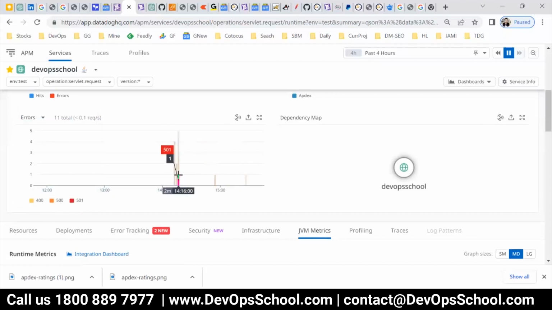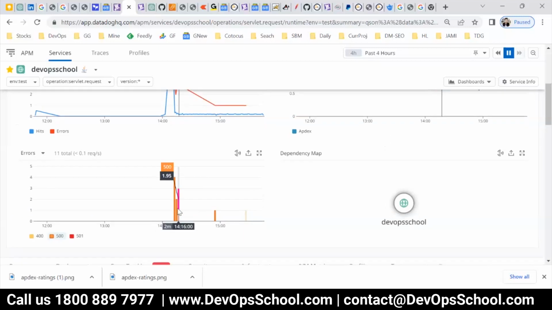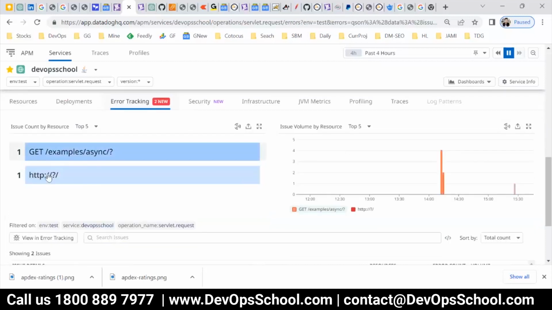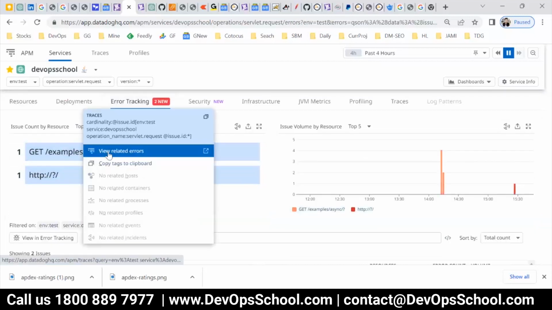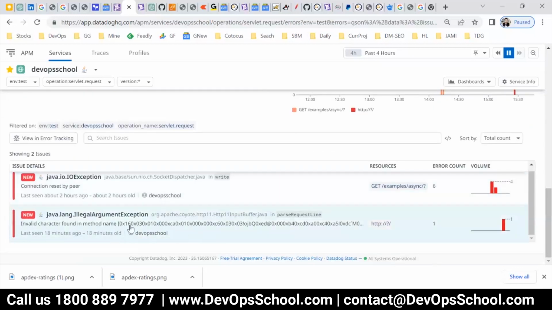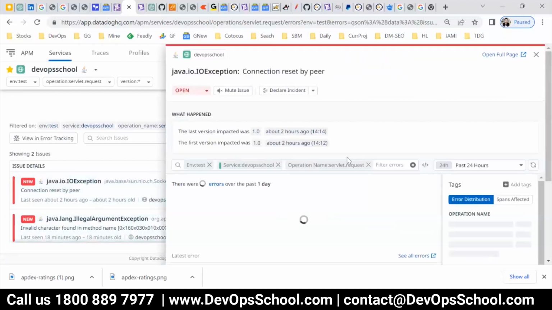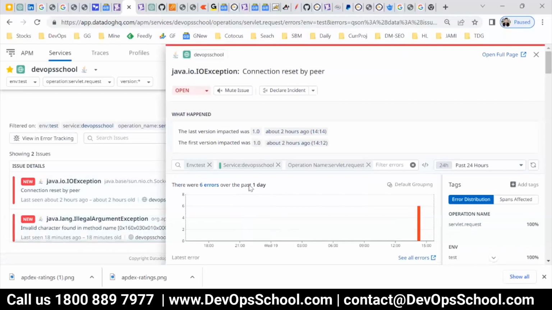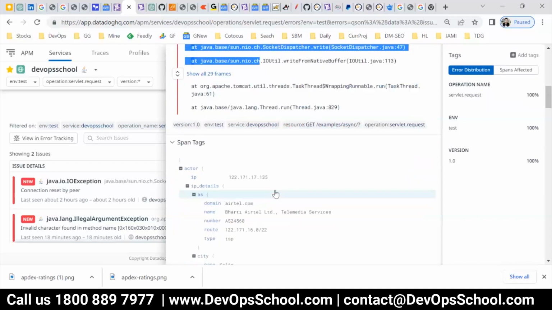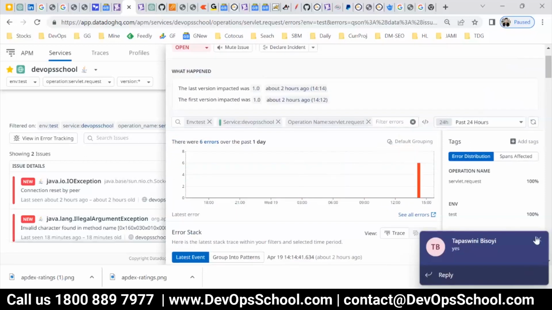Now you have to find out why this error has come. So you go a little bit down, and here you see the error tracking tab. These are the places where you got the errors. Click on this and you have to go and check that. See here, there are Java exceptions, null pointers and all. This way you can click on this and deep dive more into it. If you understand a little bit of Java, you'll understand this error. Connection reset: this is not an error, I would say. The error has come because I restarted my Tomcat. So that is a kind of error which you added.